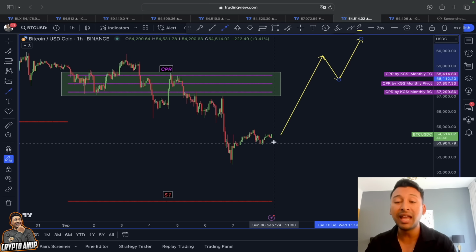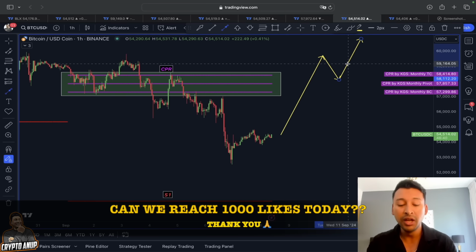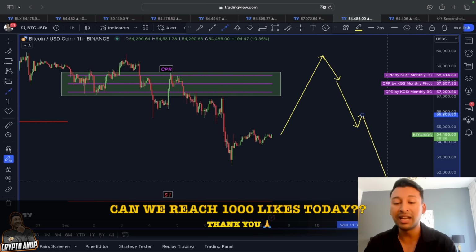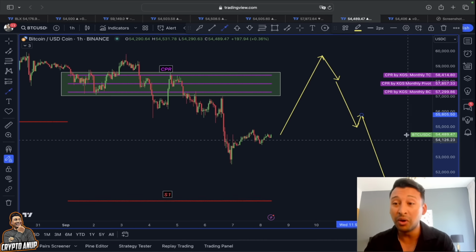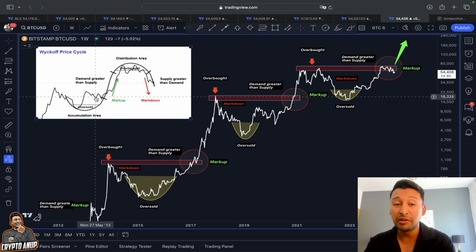But I personally think any sort of a relief rally here in the medium short term, as long as the price remains below 60,000, will be just a temporary relief rally. And right after that, we are expecting another continuation at least around 48,000 to 50,000. Find bottom around that area, and only after that start with an actual bullish move, because we know if you simply zoom out, I mean, if you look at this in a weekly time frame, I have been very clear